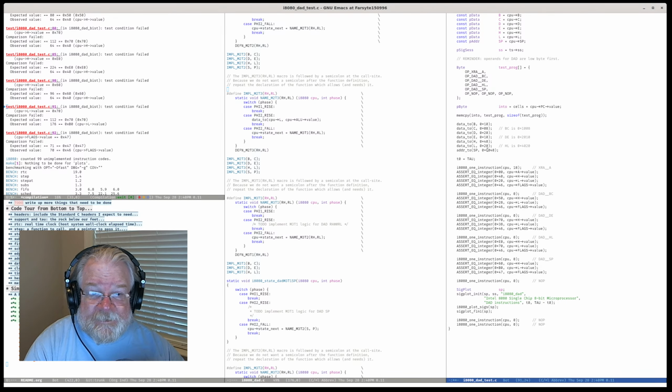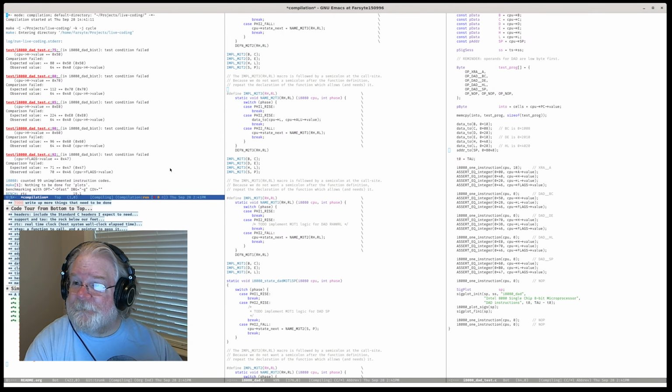SP low is, hold on, 4 and 7 is 11. Sorry, a little slow today. So we're down to 5 failures now because we now have the proper value coming in the L register.